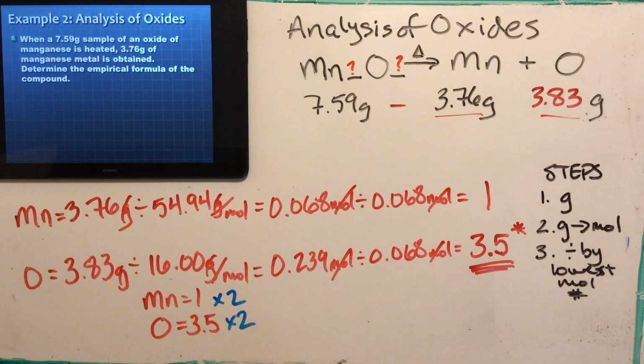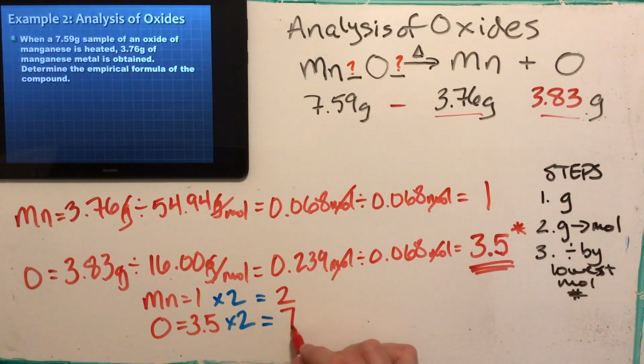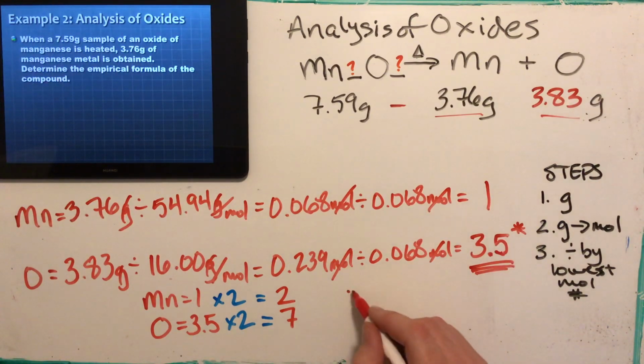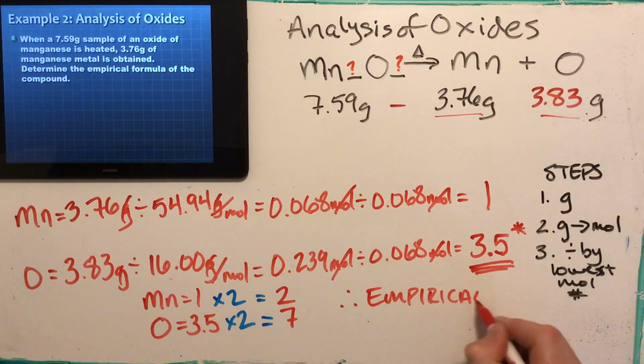But we have to do both of them. So the 0.5 we'll get rid of by multiplying by 2. So it's an extra little step. It's not listed here, but we've come across it before. And that will make the manganese 2 and the oxygen 7. Whenever we get one of these decimals in here, it means there's no 1s in the empirical formula. So therefore, my empirical formula in this case